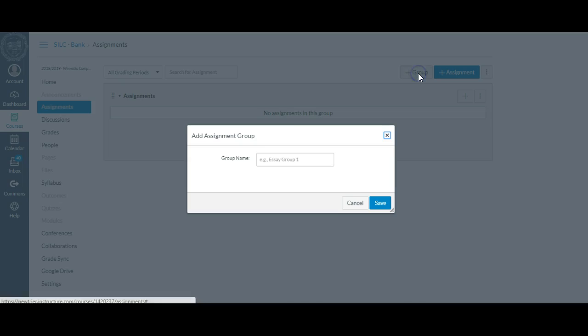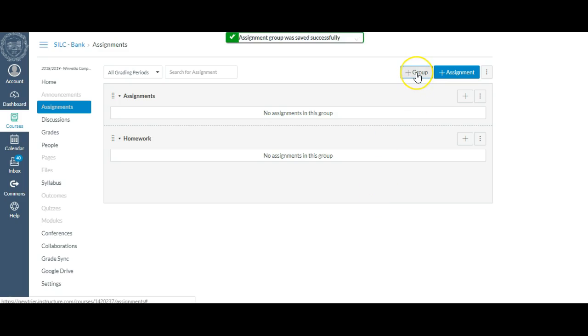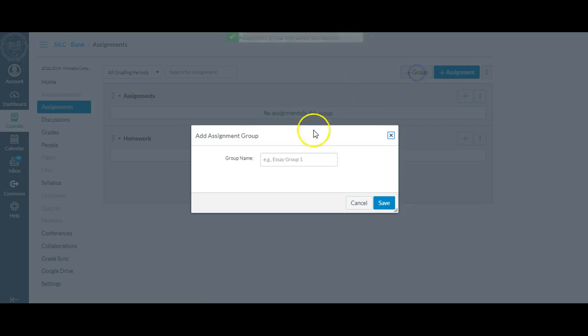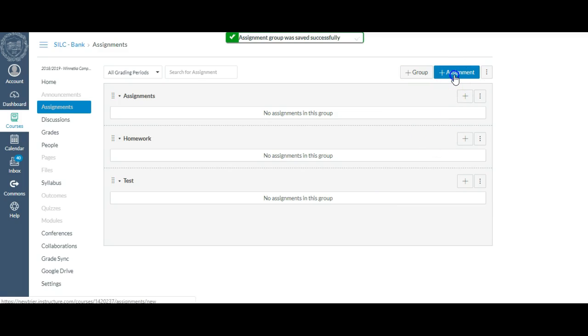So you can do group and you can create different groups for maybe this is a homework assignment. If you want another group, you could add later where this is the unit tests. You could add that as well. So now when I create the assignment,